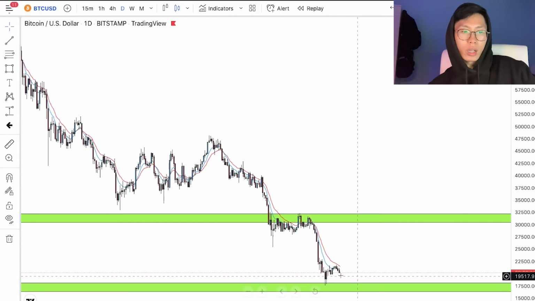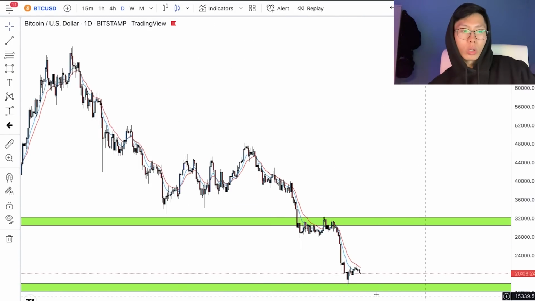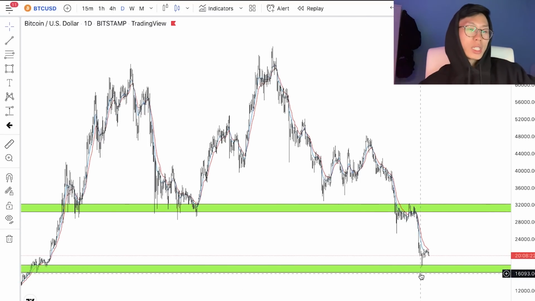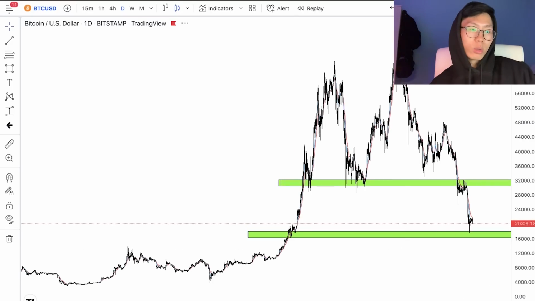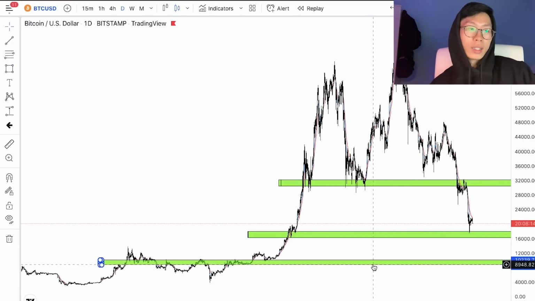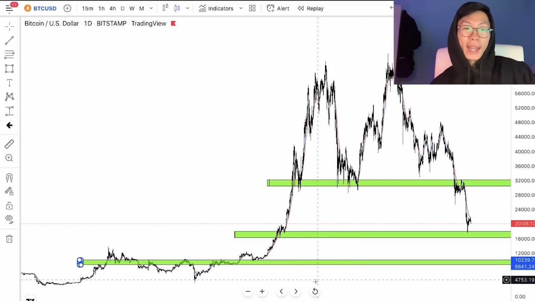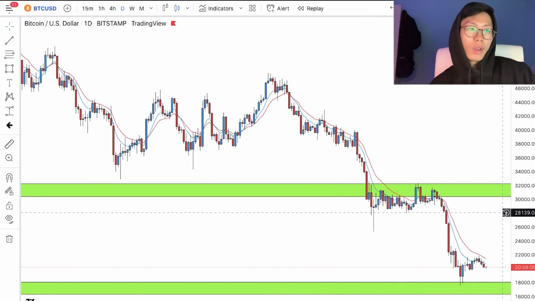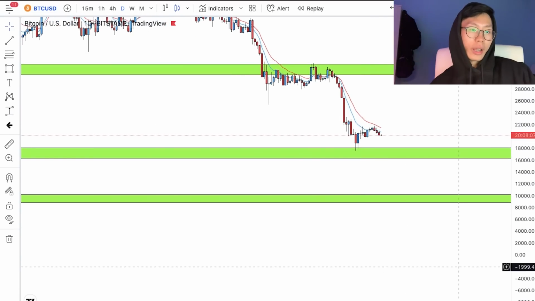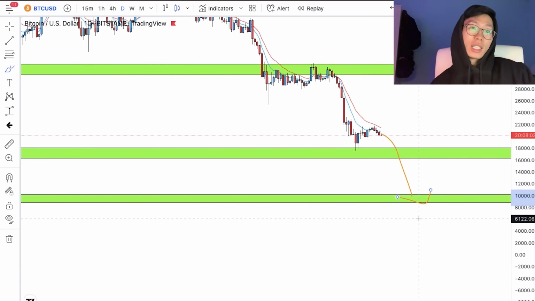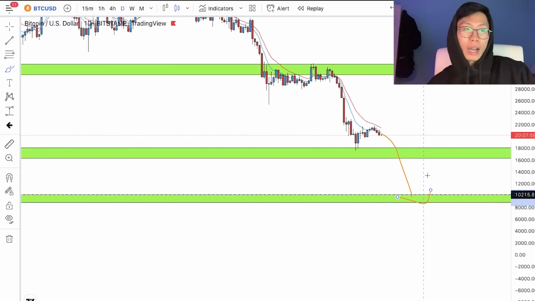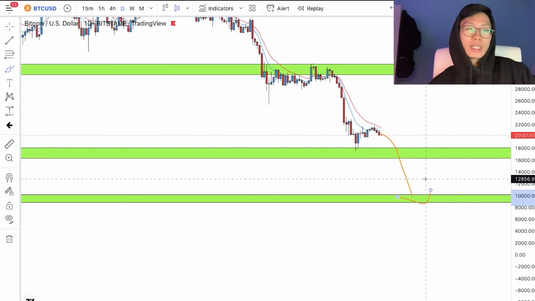Yeah, so you can see right here, price is just collapsing down to this next key level. Once price is at this next key level, the next key level that price can go down to is way down here, around this 10k area, guys. I hate to break the bad news to you guys, but if price breaks through this 1800 area right here, it's gonna go down to this 10k area next. So do prepare yourself mentally for this if you guys are able to take this drop.